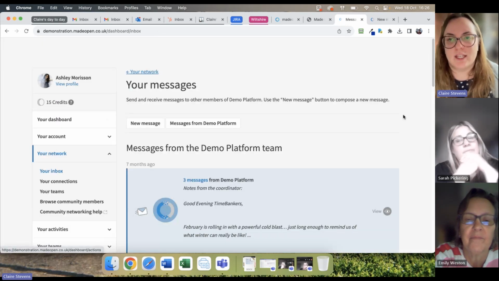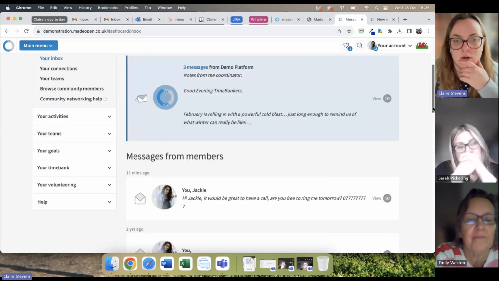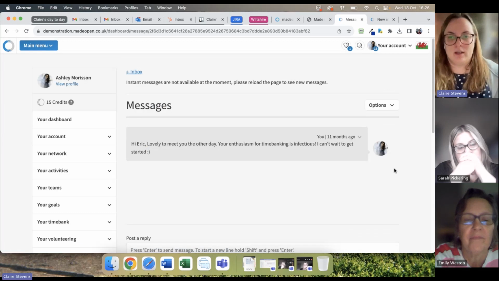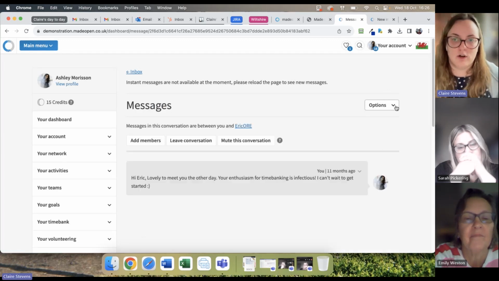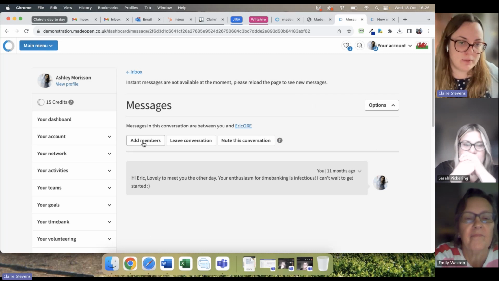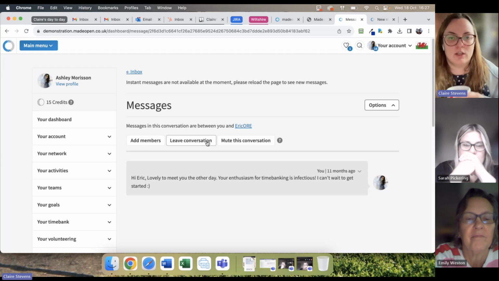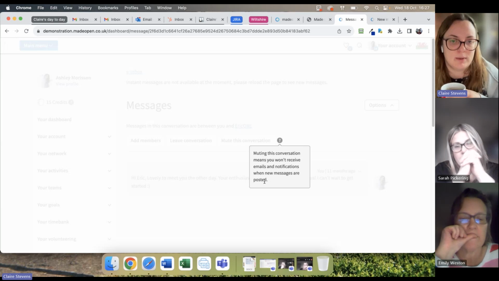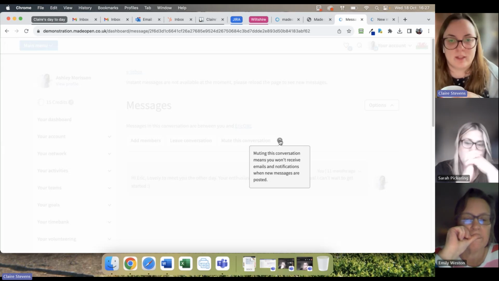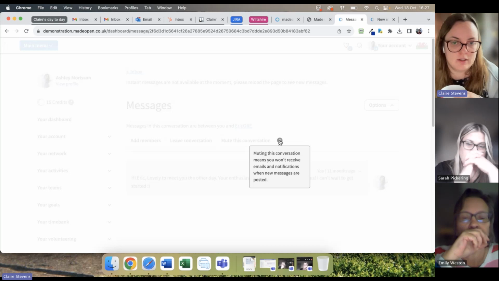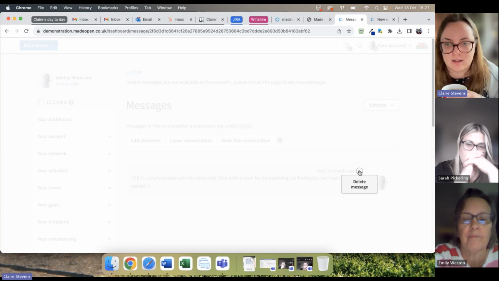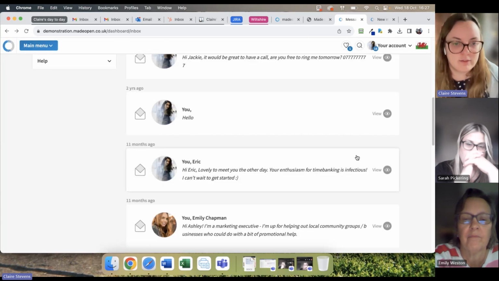And if there's any issue inside of the message, you've got controls. So if I just show you another example of a message, inside of a message you've got options to add new members, or to leave the conversation if you don't want to be involved in it anymore. You can mute it, which if you don't want to get emails and notifications when new messages are posted, you can mute it. But if you still want to check it from time to time, you can. And also other members can, that's one that's just been sent from this person. Let's see, one that's,